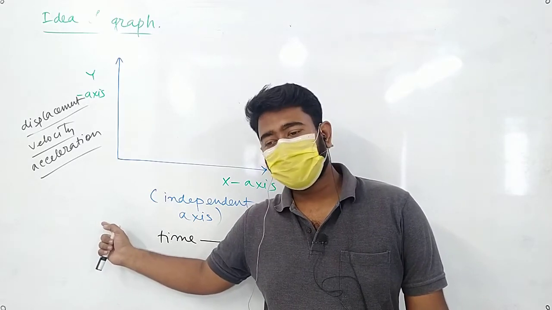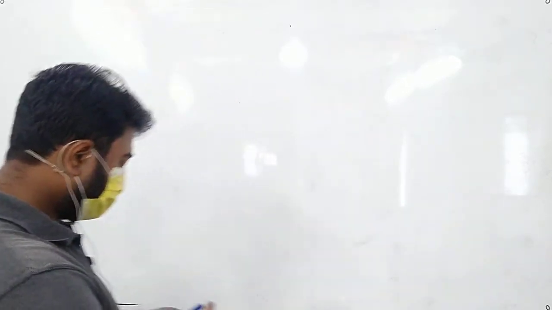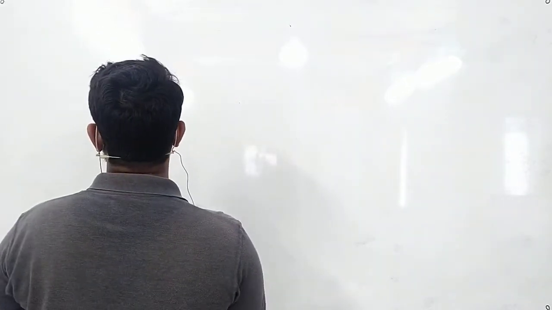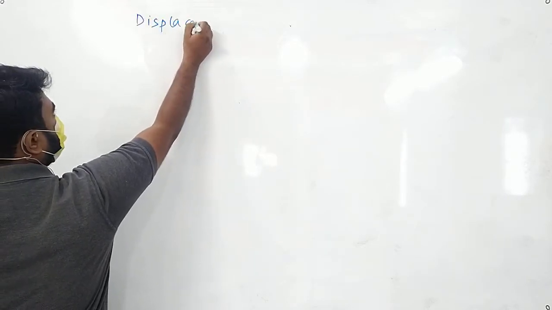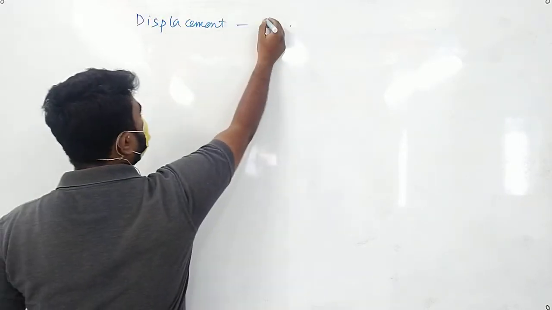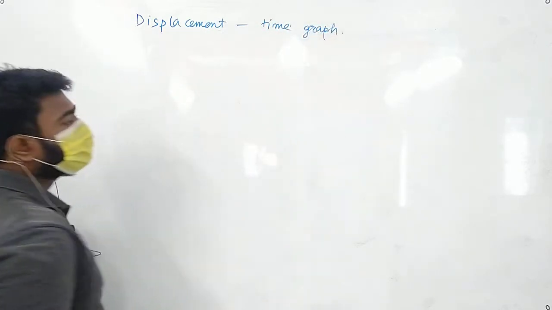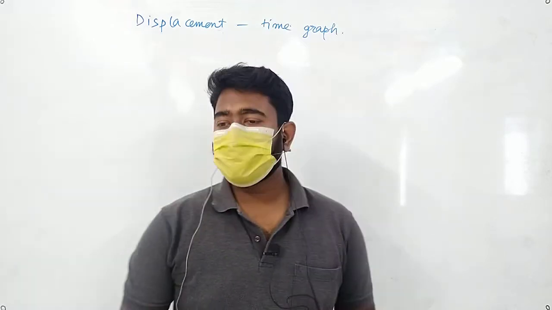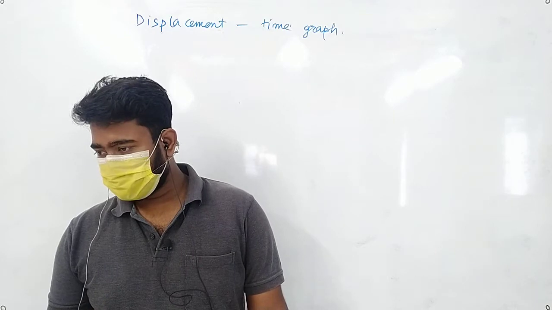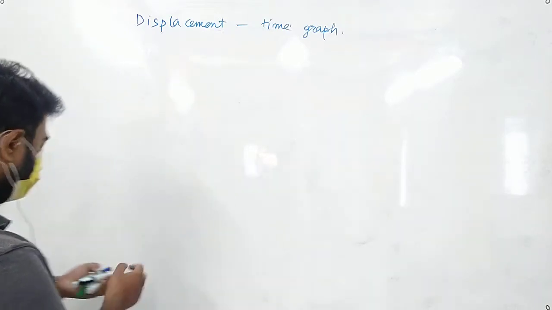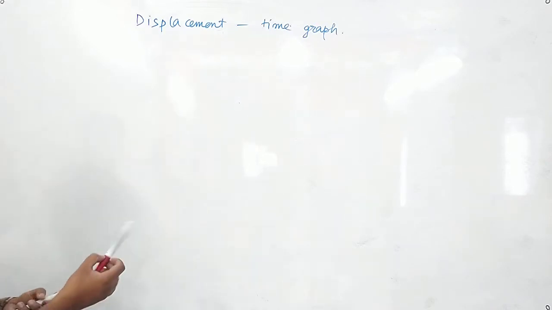Okay, write this down: displacement time graph. We have the idea of displacement. Now in displacement time graph, the first case that we will do is when the body is at rest. Let us get the idea. All of you look onto the board. Stop writing, look onto the board.